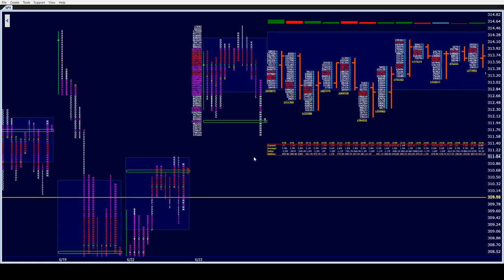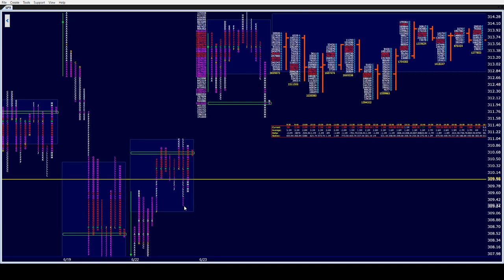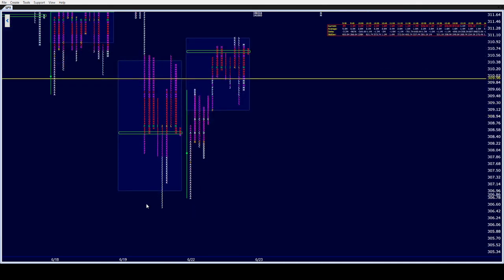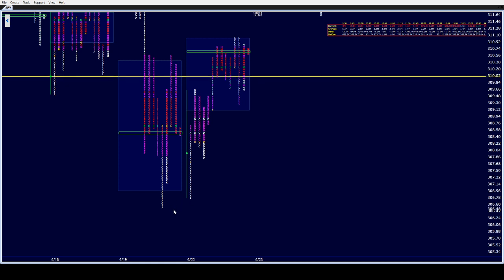For the downside, obviously this gap is getting filled, right? First destination I'll use is 309.30, which is the afternoon pullback low from June 22nd. Then our pre-market low of 308.18 as of now. And then these two very important lows, bottom of the balance, 306.75, 306.53. If those fail and we come out of balance, we don't have anything then to the trend day